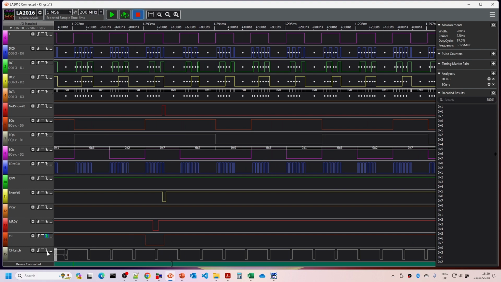And if you can see here, we've got the character latch clock, and when we were looking at the analysis, we saw that we would get the SNO effect when accessing the video RAM, so Y0 and the video read write went low around the latch point here. So at the moment you can see that this would potentially have ended up with this particular scenario.